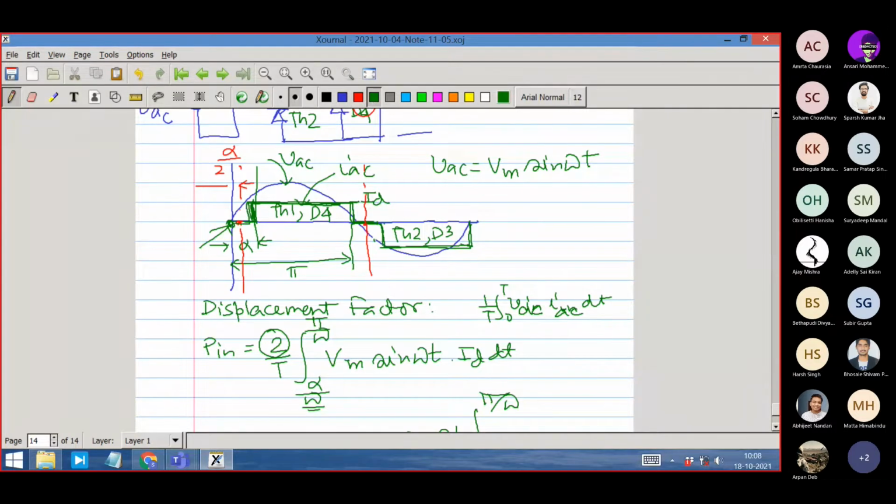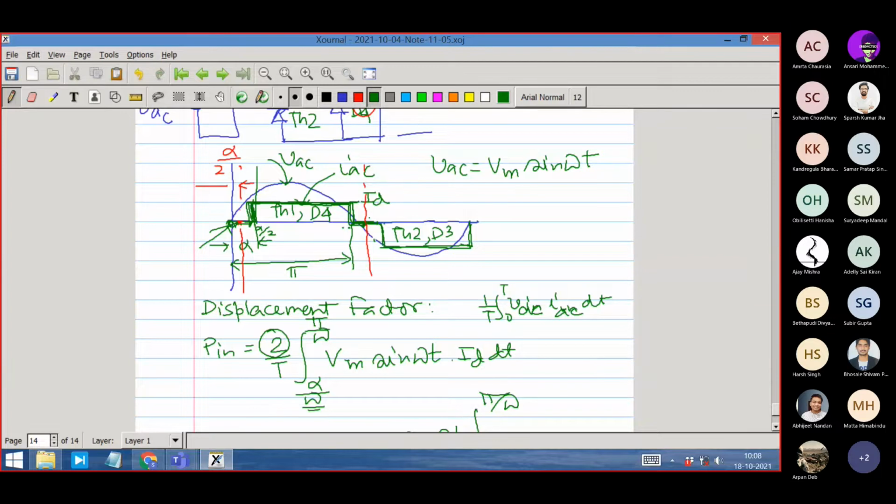You see that it is symmetric because it is starting from this 0. The current is coming at alpha by 2, right? And it is ending at pi minus alpha by 2. With respect to this 0, this point is now coming out to be pi, and therefore this is pi minus alpha by 2. So our integration is becoming somewhat simpler, as I have introduced the odd symmetry here. So only the sinusoidal component I have to calculate.